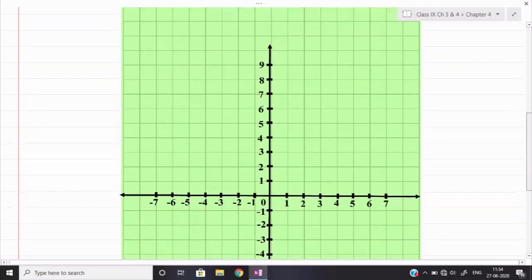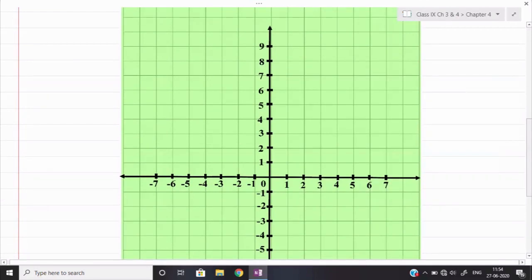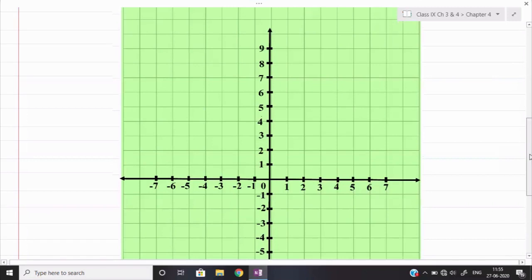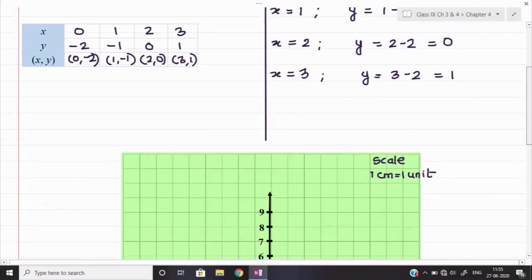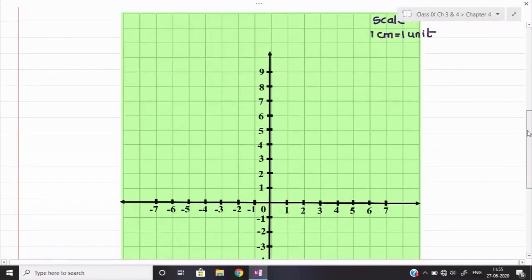First I will write down the scale over here. So what is the given scale? Scale we shall mention: 1 unit is equal to 1 centimeter. I have told you the scale; normally we take that only because we don't want to change it. In some of the questions we will change definitely, and there I will show you how variations come. So 1 centimeter is equal to 1 unit. This is my scale. Now what was the first point given to us? X equal to 0, y is equal to minus 2.